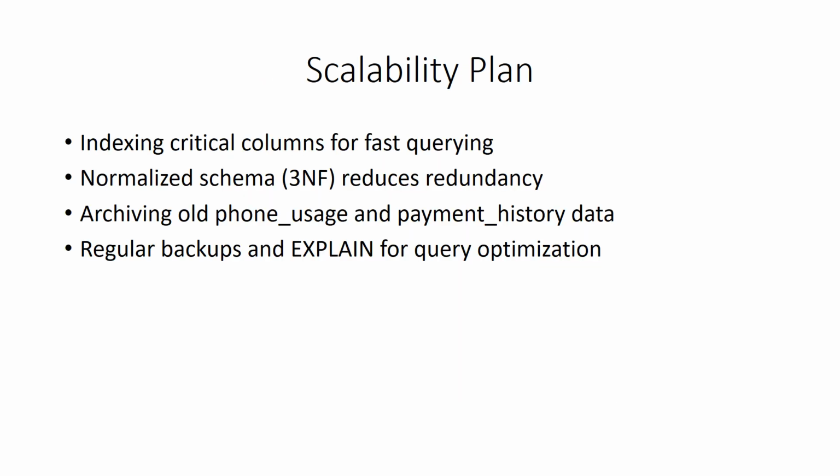And then for my scalability plan, as the amounts of data and user activity increase over time, indexes, for example on the staff ID, call ID, invoice ID in different tables, will help queries stay fast. I didn't create any indexes because the columns I felt needed to be indexed were already indexed by default. I was also careful to avoid too many indexes, since too many of them slow down inserts and updates. I did my best to normalize the database to third normal form, which helps reduce data redundancy, and then the phone usage and payment history tables, which grow the fastest,